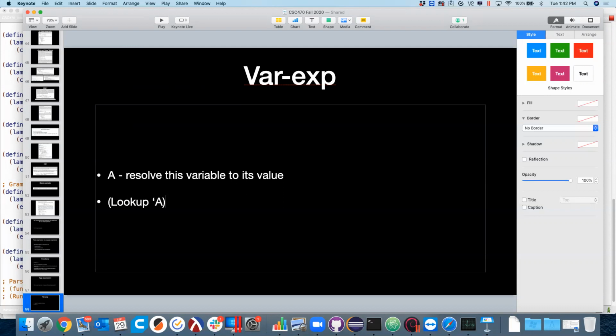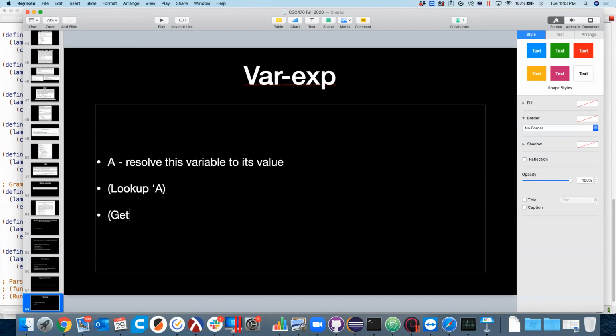I've remembered something at some point, right? We don't have a way of defining variables yet, but somehow variables exist. And we do have that. We have a variable environment that allows us to force variables in that we can use. And when we want to get the value of A, we really want to look up A. Or are we better off saying get the value? Get the value of. Which do we like better? Get the value